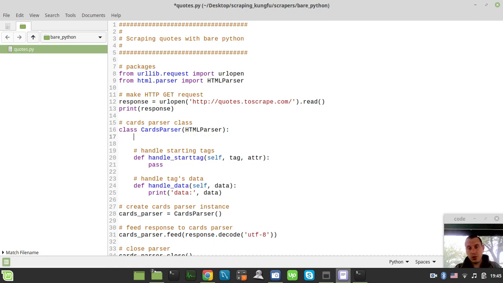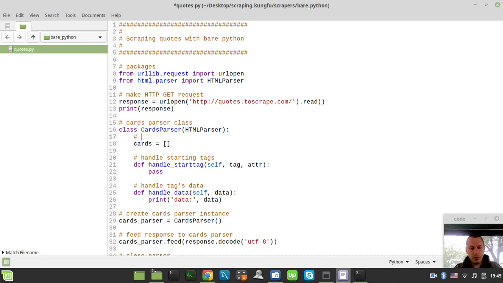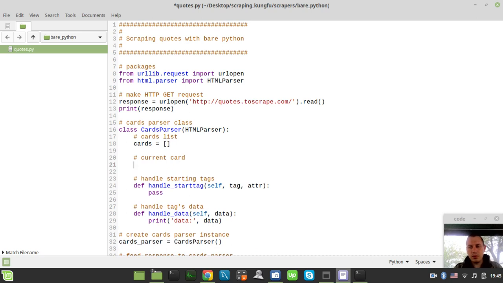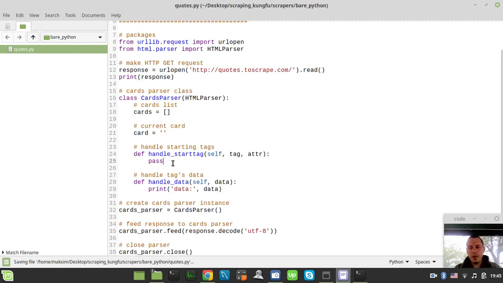our cards. So I would create two variables. The first one would be, well, not content, let's call this cards, and here I say it's gonna be a cards list, and also current card would serve as a variable that would be used to store data regarding the current tag, the current card. So it would be card, and this would be type of Python string here. So now we need to say if